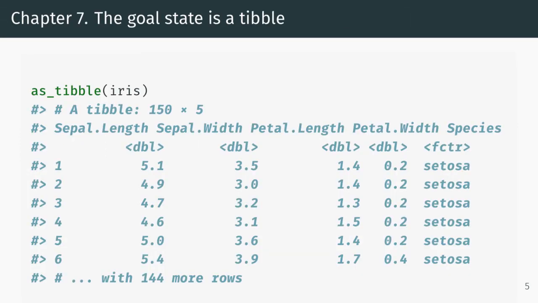Okay, now the goal state for what we're going to be entering in is a tibble. And the tibble is described in Chapter 7. It's a data frame. It's an R data frame, but it has some refinements to it to make it easier to work with. So if you have a regular R data frame like the iris data, this is a classic